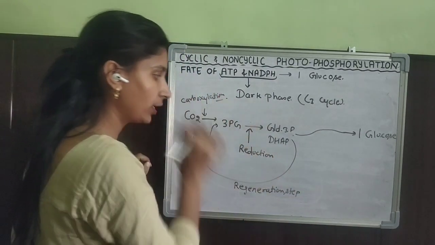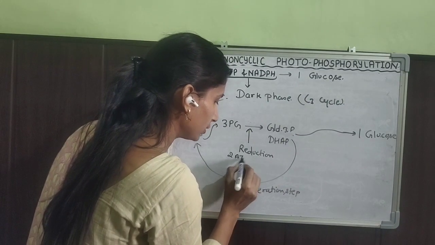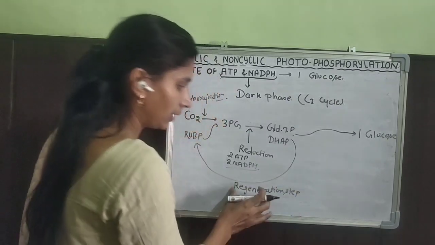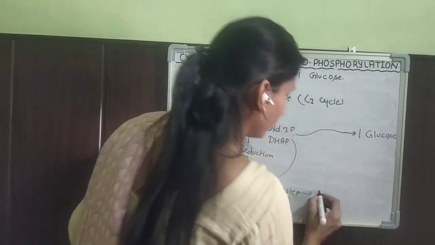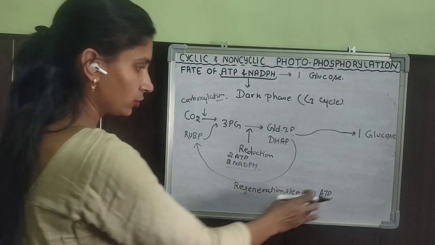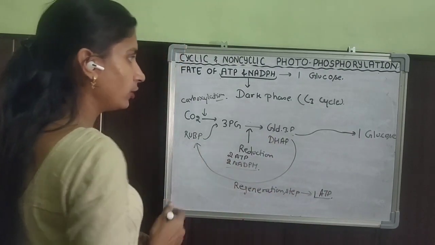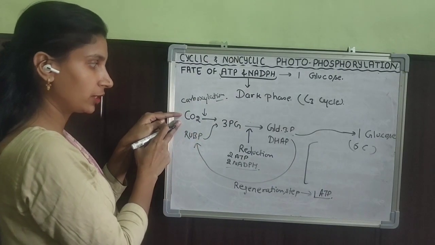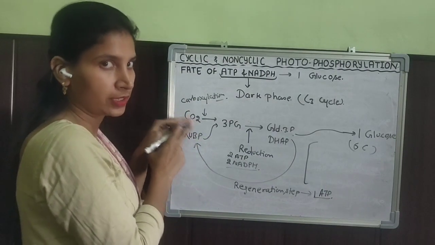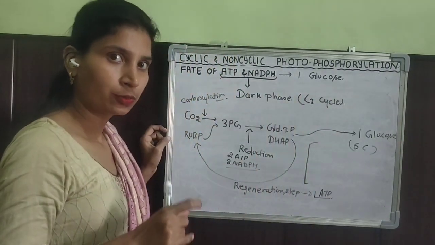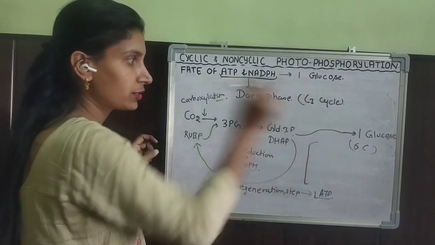So during the reduction phase, 2 molecules of ATP and 2 molecules of NADPH are used. At the regeneration step, only a single ATP is required. Because glucose is a 6-carbon compound, while this is a single carbon dioxide, incorporation of 6 carbon dioxide is a must. So it is necessary to make 6 turns of the Calvin cycle to produce the 6-carbon compound,